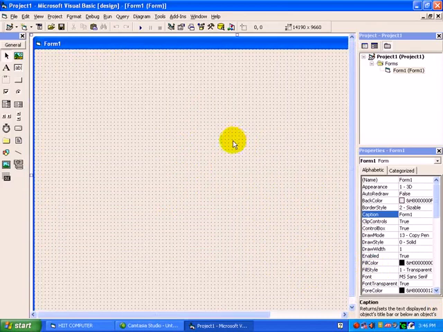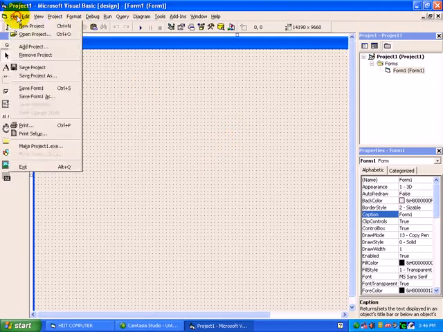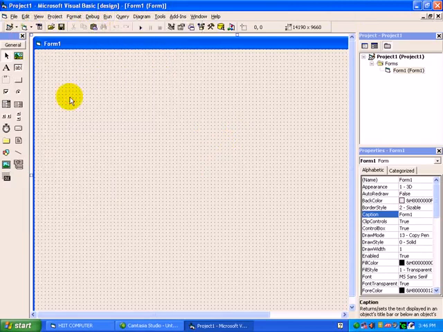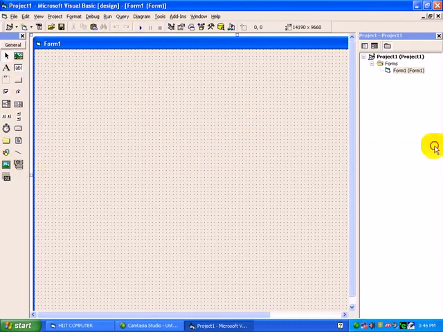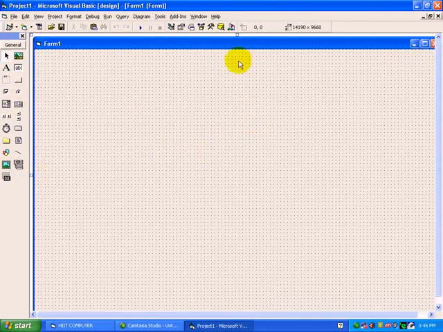Fine. The different IDE components of the Visual Basic screen are, see here, the top is the title bar. At the right side you will get minimize, restore and maximize, close button. Menu bar is there. Standard toolbar. The toolbox. This is a toolbox, and this is a form layout window or object window, you can say. Apart from this, some extra windows we have to open as per the requirement. See here, we will work on Project Explorer.